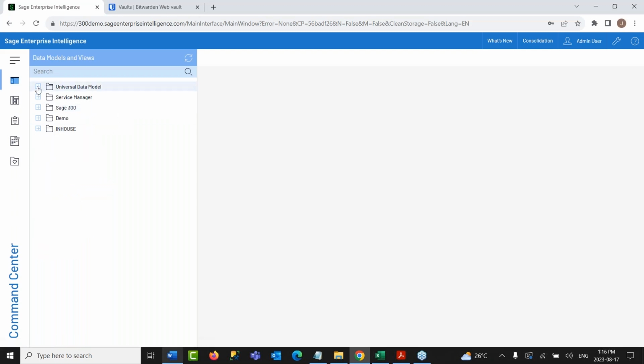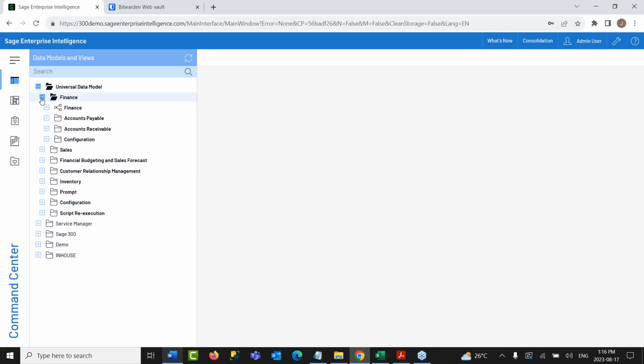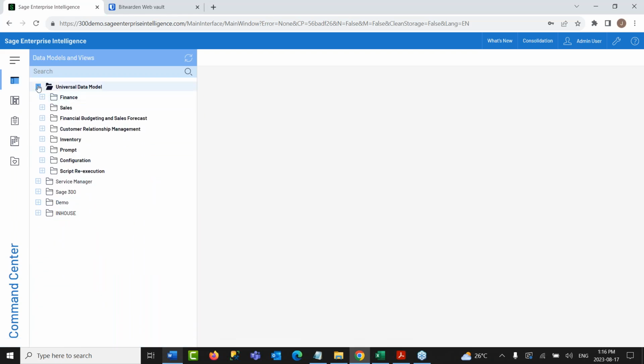And on top of that, we also have the universal data model, which is running on the cubes, therefore offering us very fast processing of these reports, but also at the same time allowing us to connect to other sources of data which we might not be able to connect to directly within the ERP. So within one solution, you have the ability to bring in data from different sources and report on that. On the universal data model side too, we have many out-of-the-box reports, industry standard KPIs, such as income statement reports, financial statements, and many other reports on sales and CRM as well.